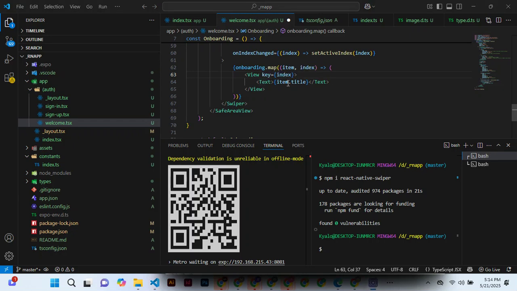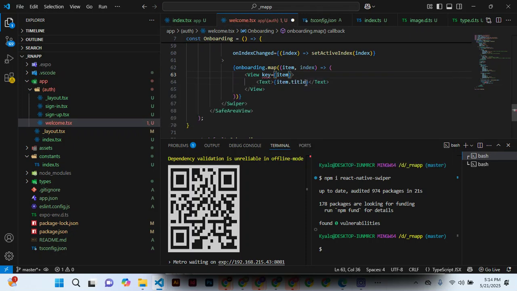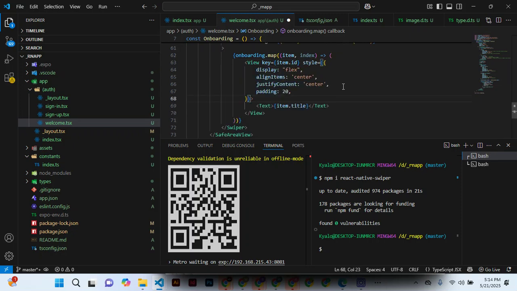Let's come here. Let's say right here you can say item.id, item.id, and then we can also style this view. You can style it like that,